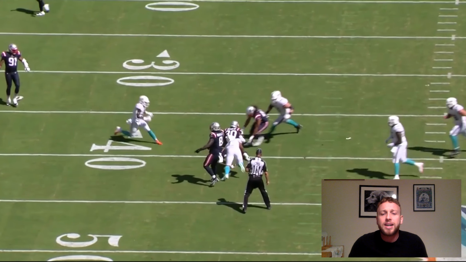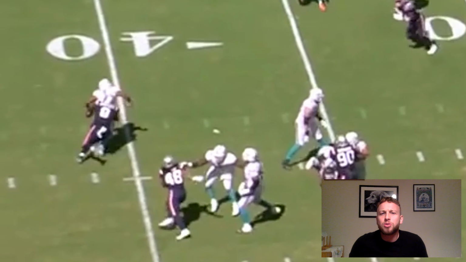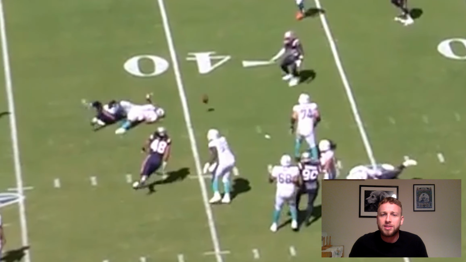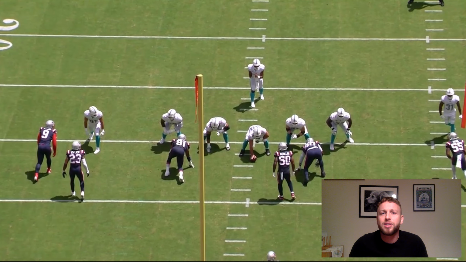He's lucky it was just a sack too, because Tua is a split second away from potentially fumbling this ball. Starting your throwing motion after you're being tackled is a very problematic trait to have. It puts the ball at risk and is more likely to lead to fumbles. It's a trait that should have cost Tua a turnover later in the game when he's again sacked, but this